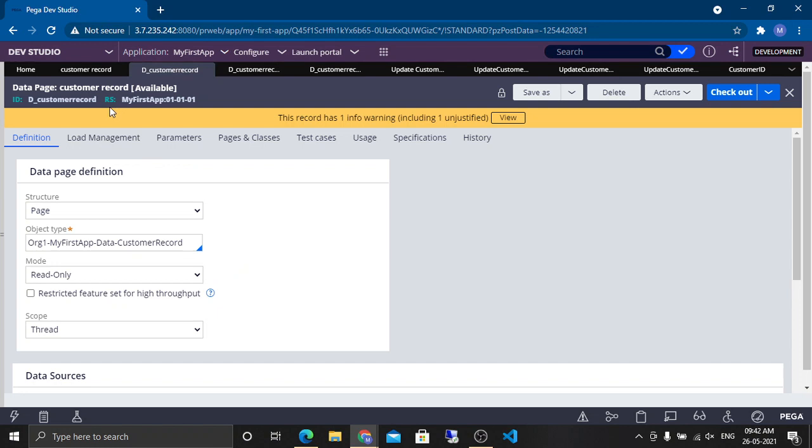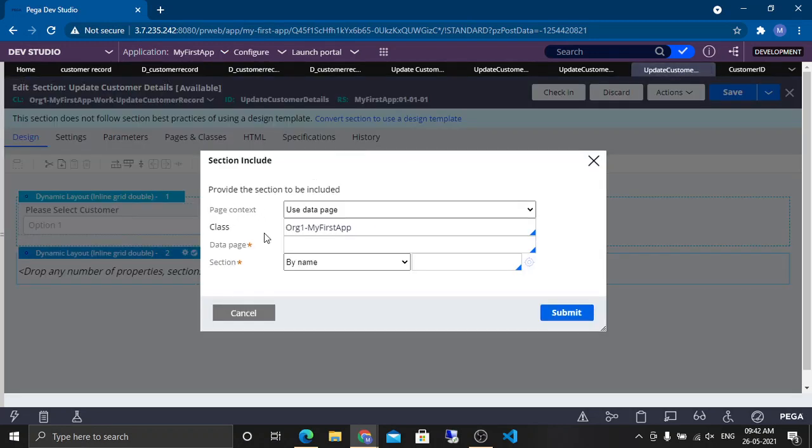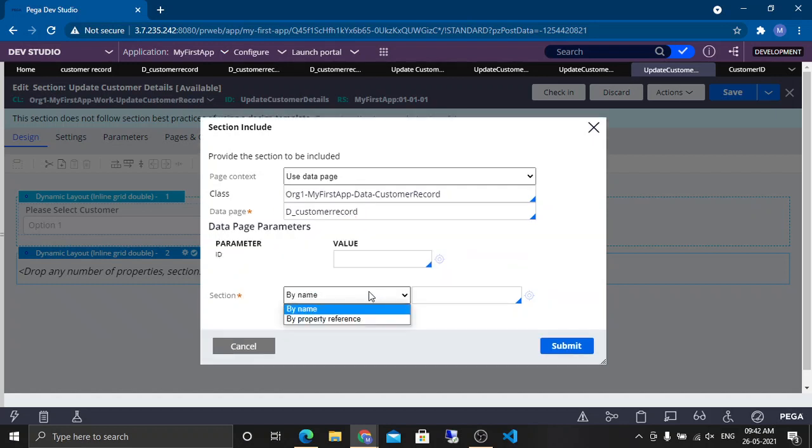So what I'm trying to do is use this single page to fetch the UI and then display it on the UI. So I'm embedding one section using a data page. Class we have to mention. If we mention class and click here and press the down arrow key, it will show all the available options. Single record I want to use.